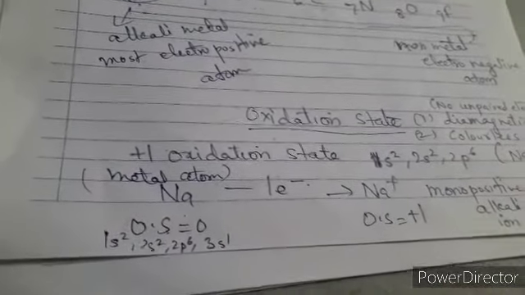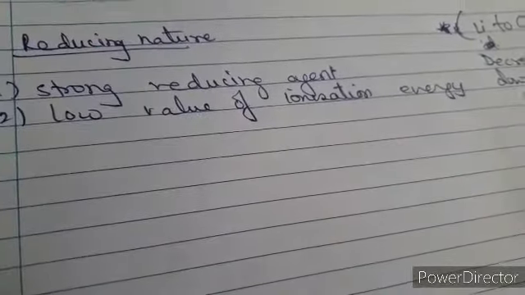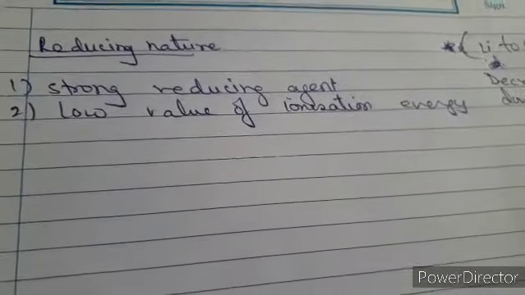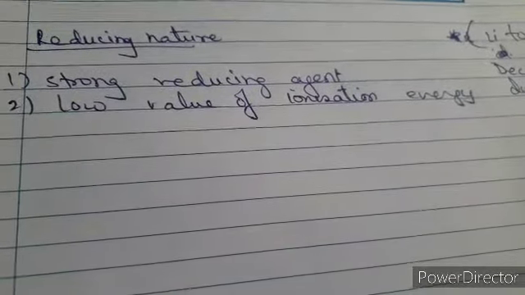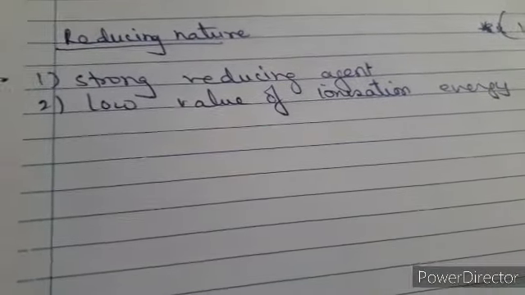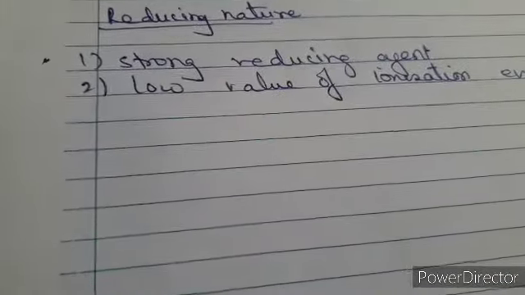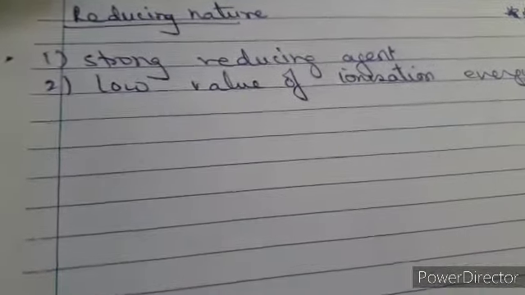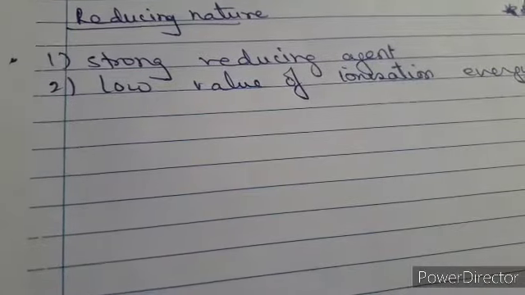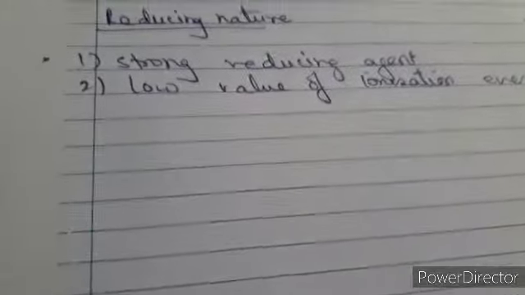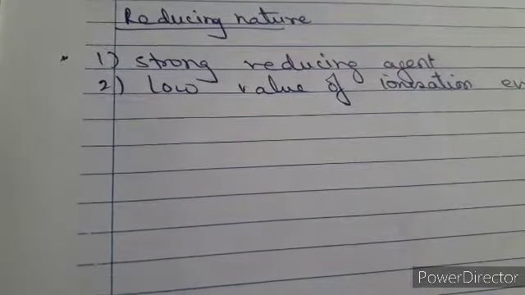Now we'll focus on the chemical properties part. Now we have this part, the reducing nature that these alkali metals show. We have already discussed in class 10th also that they act as strong reducing agents. Why do they act as strong reducing agents? This thing we have learned, but we should understand why this is happening. Because they have a low value of ionization enthalpy or ionization energy. You know that these alkali metals very easily lose one electron from their outermost orbit. So they act as a strong reducing agent.